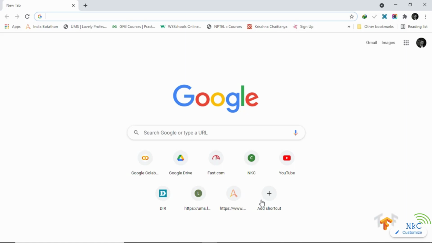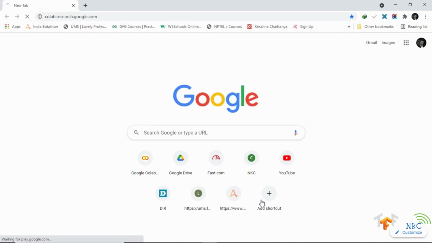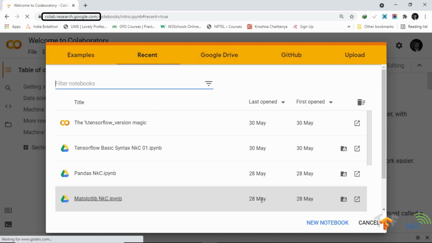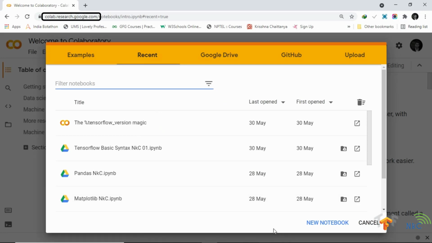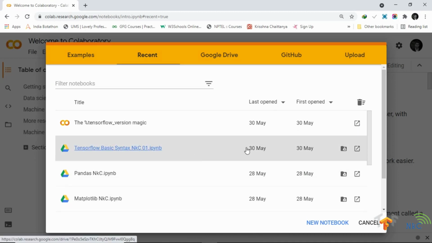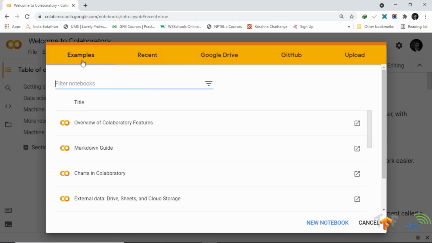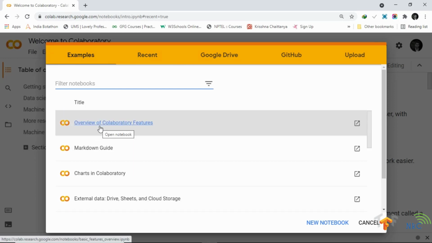So I opened up my web browser. This is the tool we are going to be using. Basically, the entire course is designed on Google Colab. If you are unfamiliar with Google Colab, check out the Colab overview video, or if you just go to colab.research.google.com, you can go to the examples tab here and open a whole bunch of different tutorials to go through and learn about Google Colab. If you are just starting out, I would check out the overview of Colaboratory features or the markdown guide. But as I said, if you want another overview, check out the overview video, because we are going to be using Colab a whole bunch throughout this course.